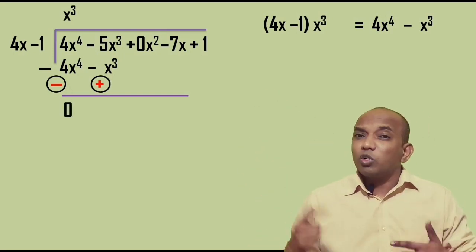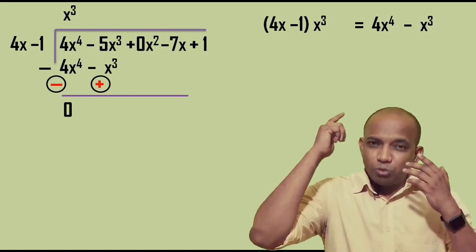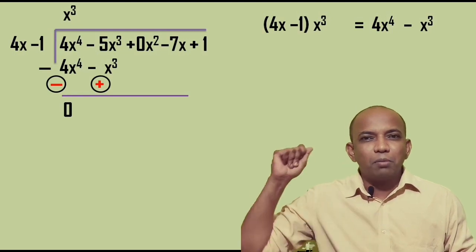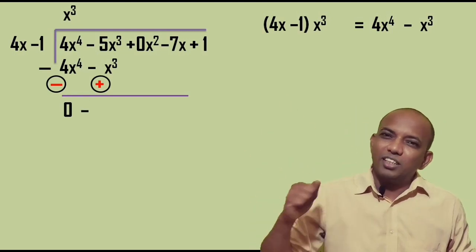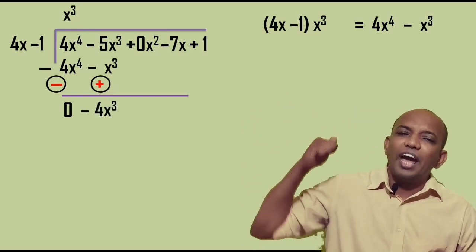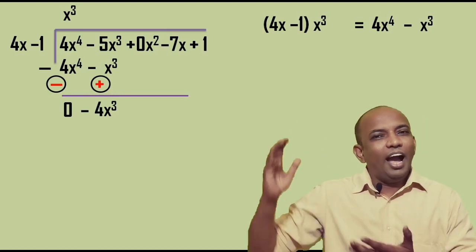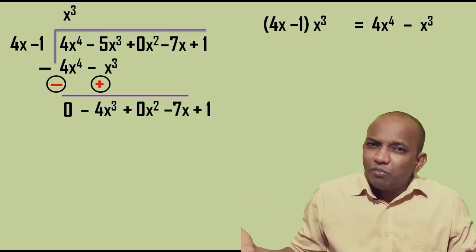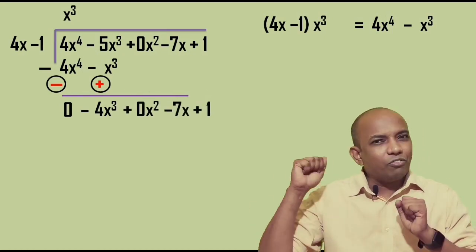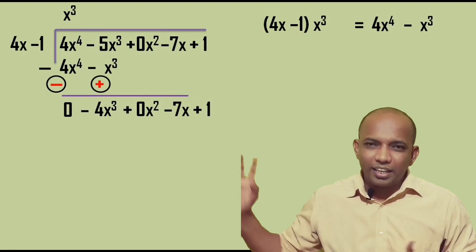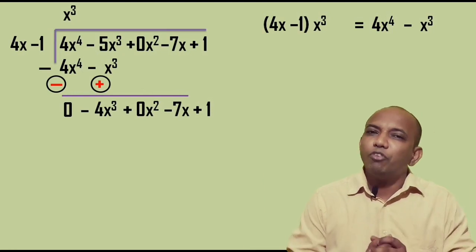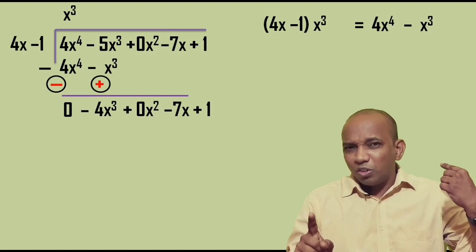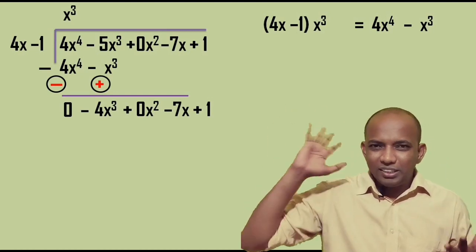So what can be done? We have to do subtraction as per the rules of integers, and then the bigger number's sign must be given. So the bigger number's sign is negative, and 5 minus 1 is 4. So we have negative 4x cube as the answer, and the remaining terms will be written as they are. So what can we observe now on the board? We have the first term as minus 4x cube, and there we have 4x in the divisor. As both the coefficients are the same, what can we do? We have to take ones.